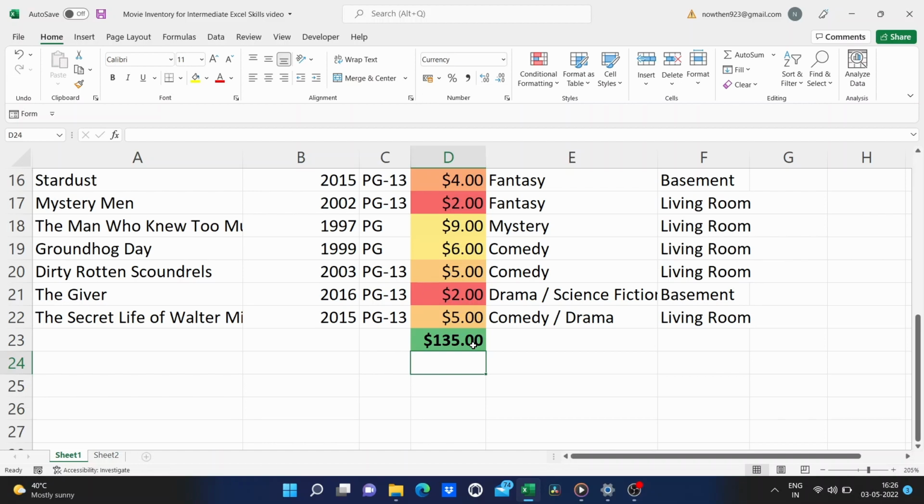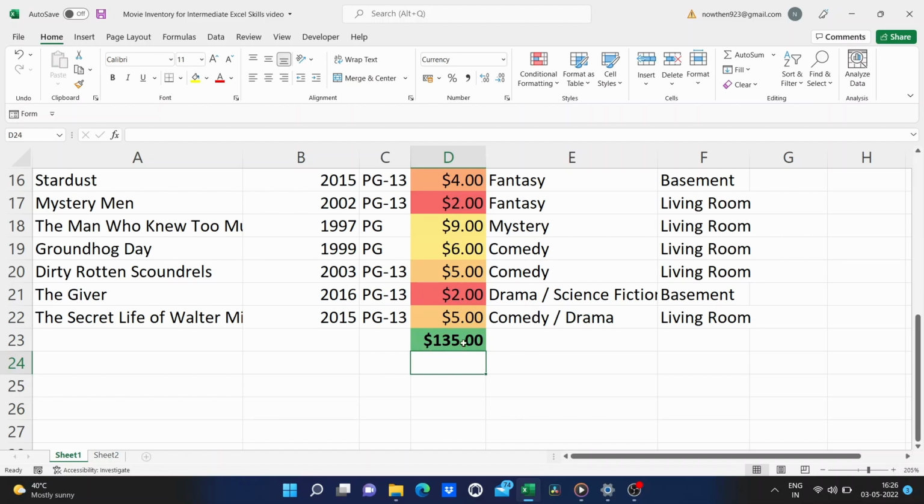I will say that sometimes it gets it wrong. Sometimes it gets the wrong data, so just watch out for it. I usually use AutoSum, but just be a little bit skeptical. Sometimes it might include data that you don't want included. Okay, speaking of including data that you don't want, notice what it did to my conditional formatting.